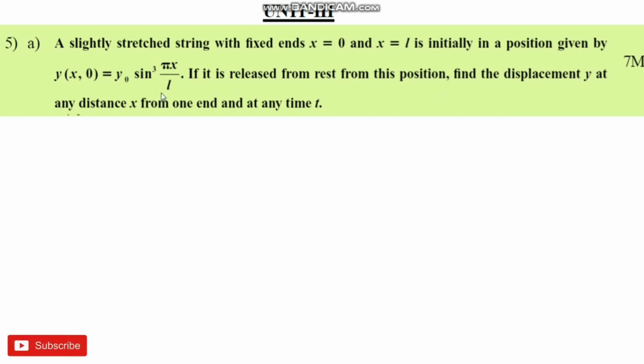We have 4 conditions, the boundary conditions. At the position x equal to 0, y(0,t) is equal to 0, y(L,t) is equal to 0. At the ends, the boundary conditions y(0,t), y(L,t) are 0, and the initial velocity is 0. We have 3 zero conditions and 1 non-zero condition. Use these 4 conditions to find the 4 unknowns in the resultant displacement of the string.